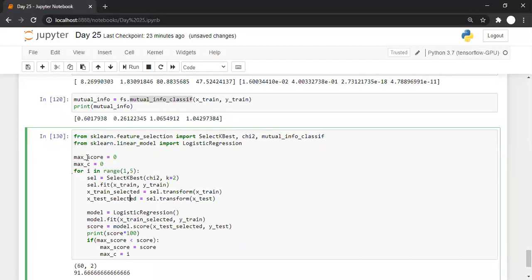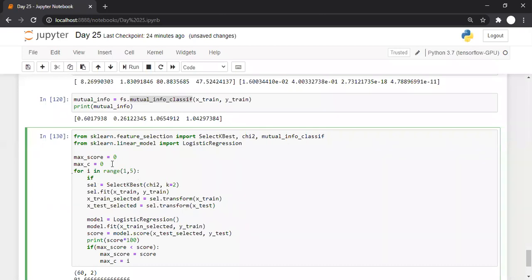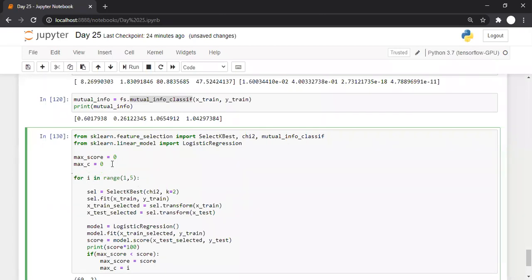But along with that, there is another combination, and that combination is whether we should go with chi-square or we should go with mutual info. For that, what we can do is something like this. Let us say here we'll create a list of objects. Let's say LST is equal to, the first thing is chi-square, and the second thing is mutual_info_classif.